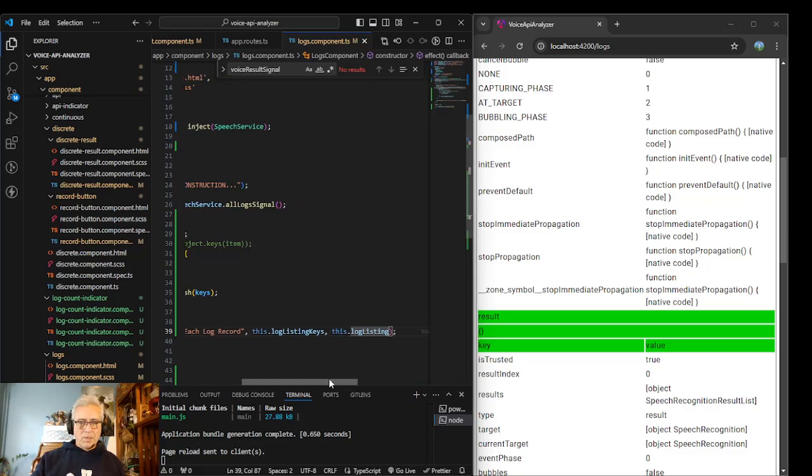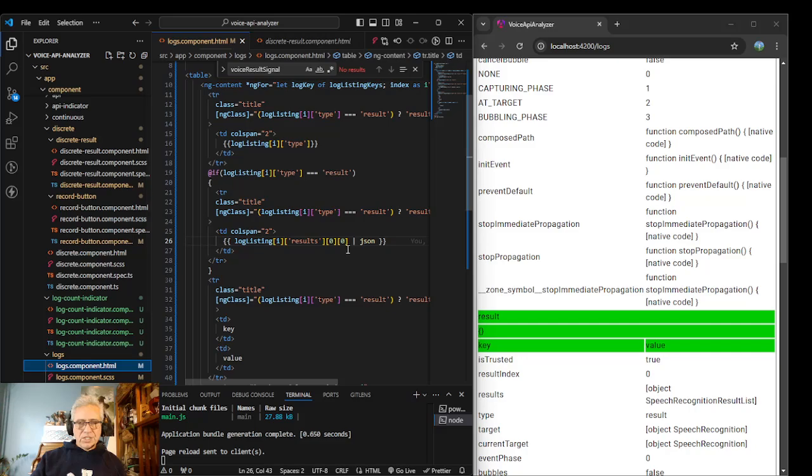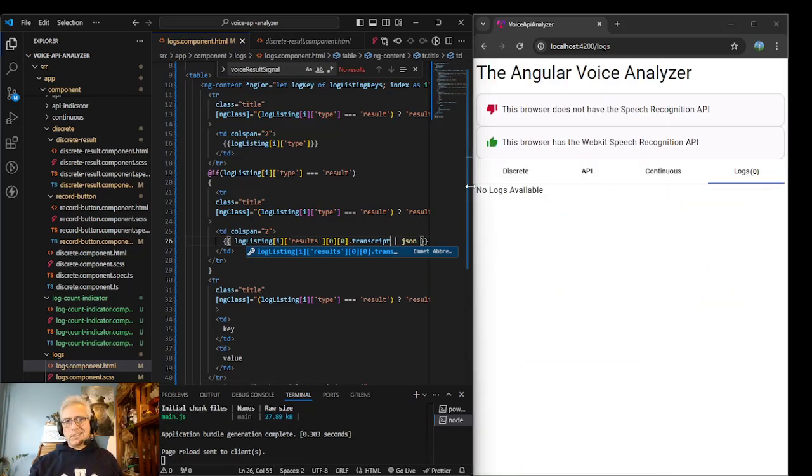So it's kind of a bummer. Let's come over here. For some reason, this JSON thing is not doing what it's supposed to do. Script. Let's see. Transcript.